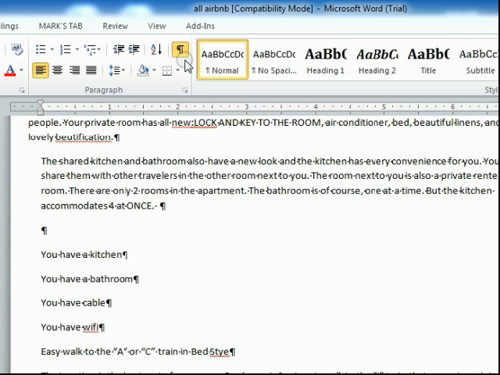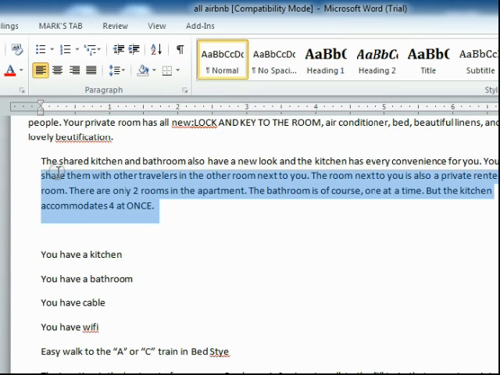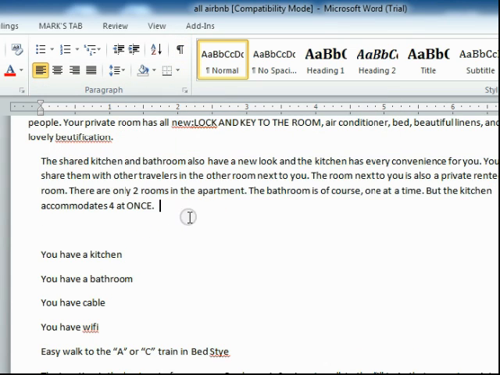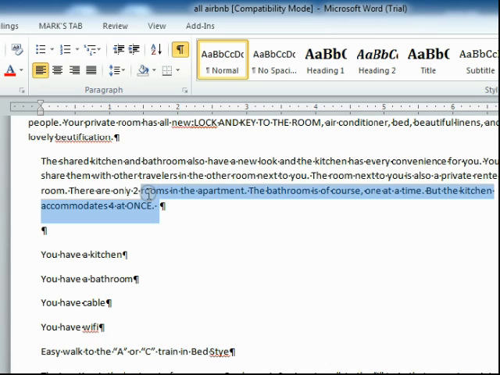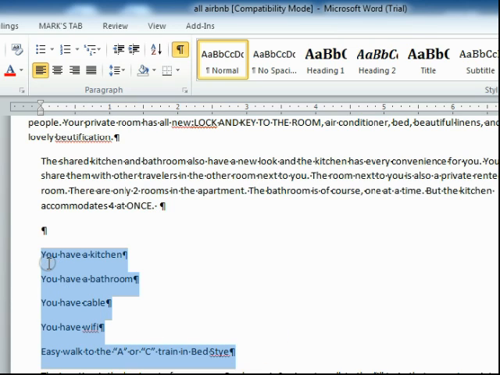The Show Hide tool clearly shows that this section here is one whole paragraph, whereas these lines here are separate one-line paragraphs. The bullet points will not work on this. The bullet points will work on this section because Word will only put one